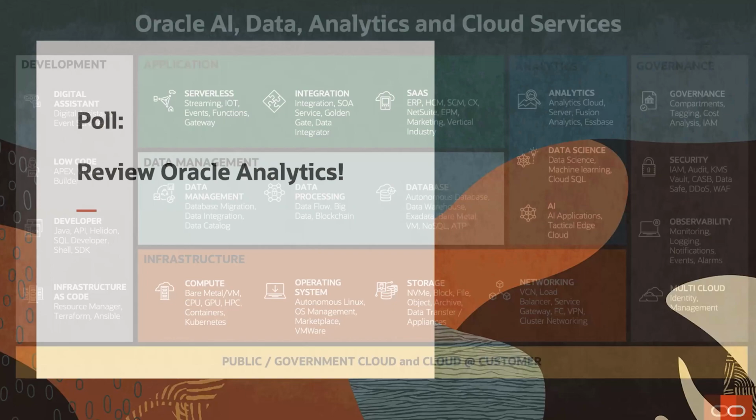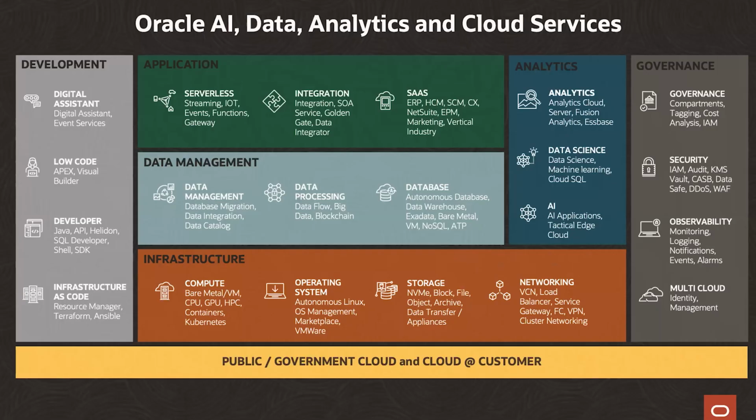So as you know, Oracle Cloud is the next generation of cloud. We see more and more articles from different journalists telling us that our cloud is the fastest, the most secure cloud. We are offering AI, data, analytic, and cloud services for everybody. Today, we are going to focus on the analytic stack, which is in blue. But remember, most of the users are using an autonomous data warehouse, using our leader ERP, HCM products, also digital assistant, low code, and most importantly, OCI, Oracle Cloud Infrastructure, which is right now skyrocketing.